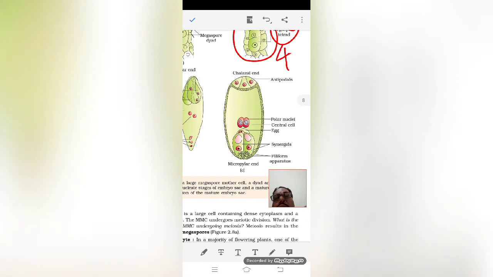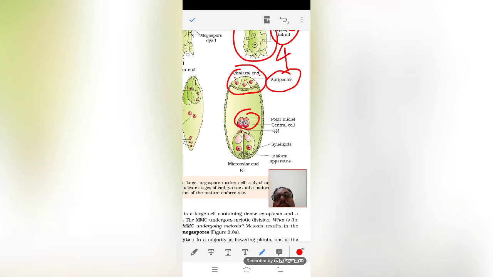That means 1, 2, 3 cells will arrange opposite to the micropyle, that means the chalazal end, and those cells are known as antipodals. 2 will arrange in the middle, which is known as the central cell or polar nuclei, and egg,